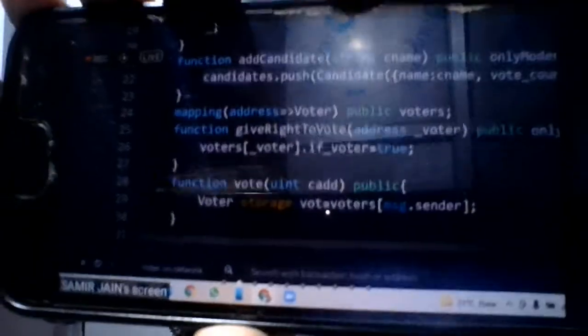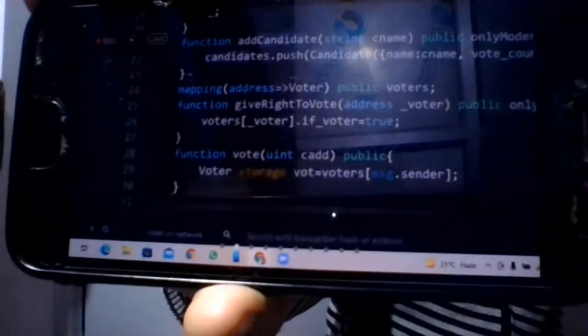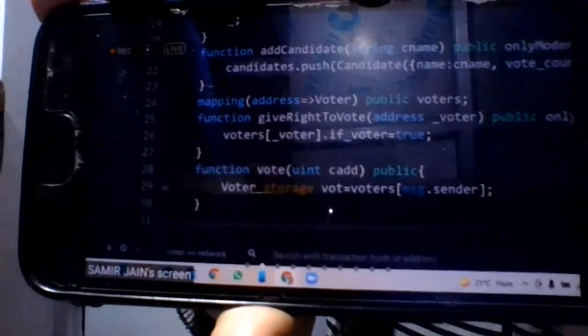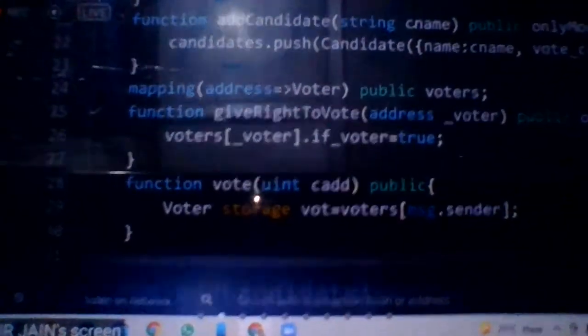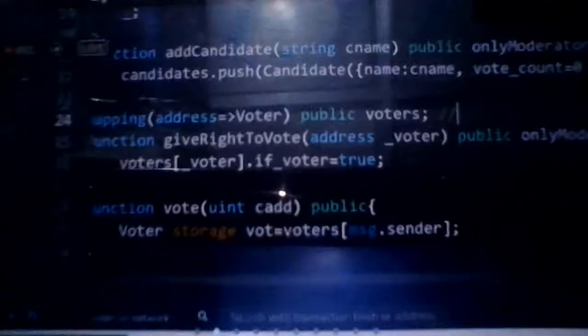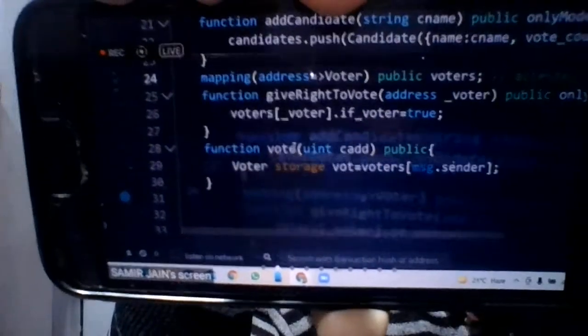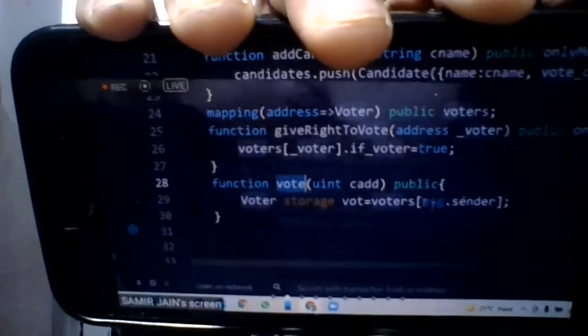Because candidates is an array, it can be accessed through an index value, 0 1 2 3. But since voters is a mapping, it can only be accessed through an address. Okay, so the person who is calling the vote function will be message.sender, and message.sender contains an address.